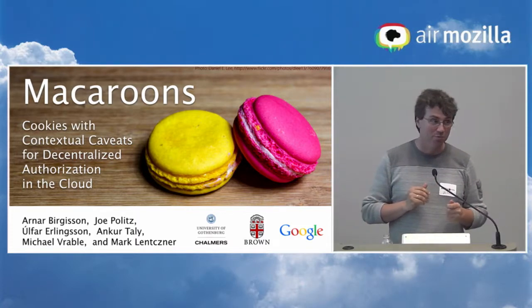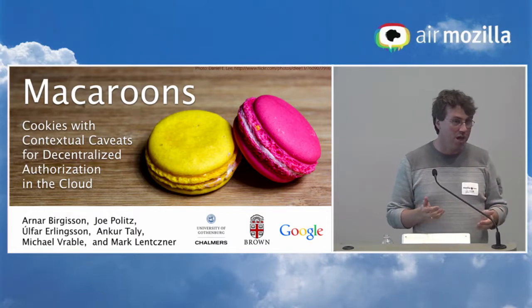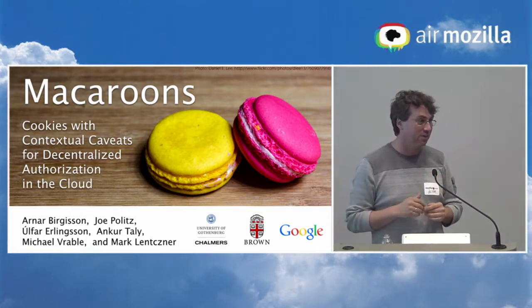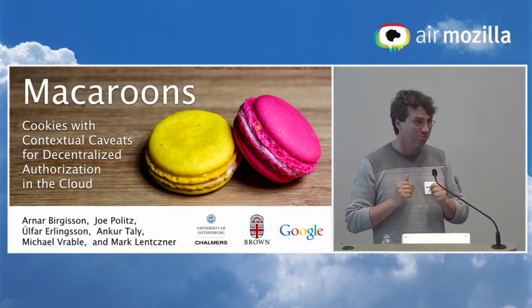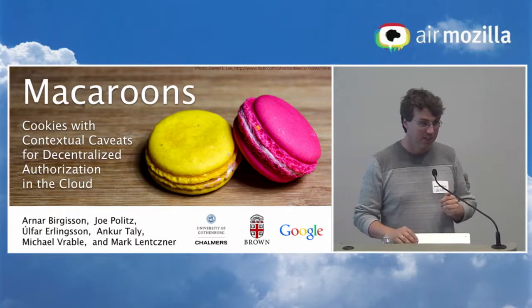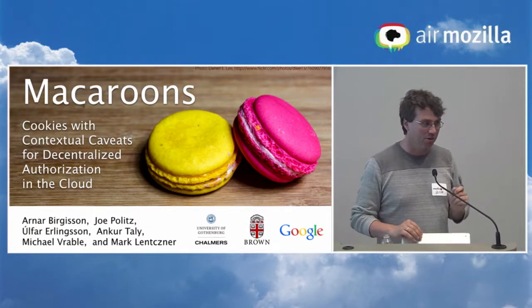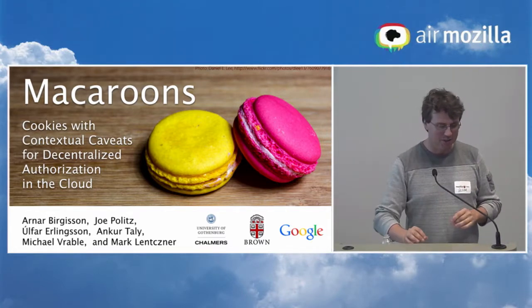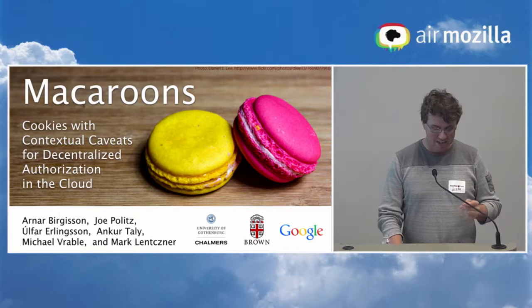So with that, I'm going to show you how we can do all of this fancy stuff using just cookies. And we're going to do it in a special way, so you have many layers in the cookie, and they turn from regular cookies into macaroons. And macaroons and macarons are the same thing if you read up on Wikipedia and so on. So I'm showing a picture of macarons.